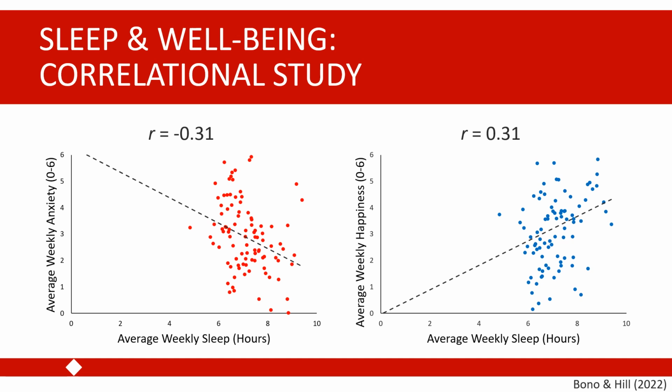One possibility is that this is a directionality problem. Now, in this study, because our data is longitudinal, we could try to look at associations that would help us know which variable came first and which variable came later. So we could try to look to see whether sleep early in the semester is associated with higher levels of happiness or lower levels of anxiety later in the semester. So sometimes we can start to try to figure out this directionality problem,